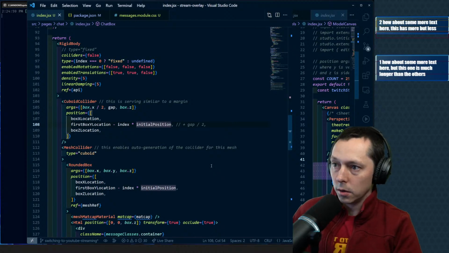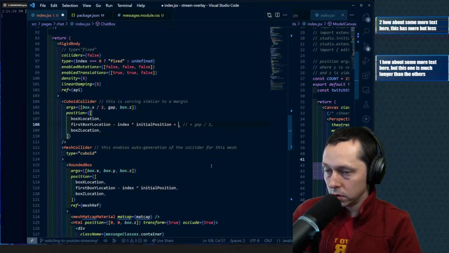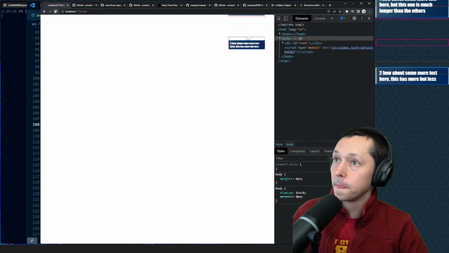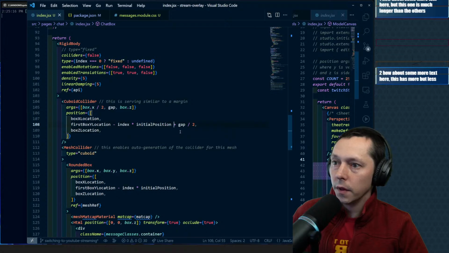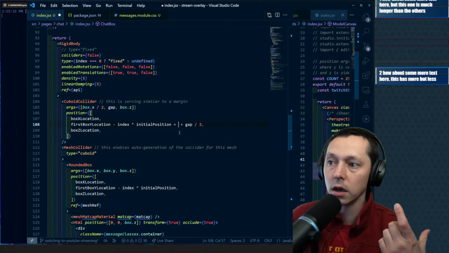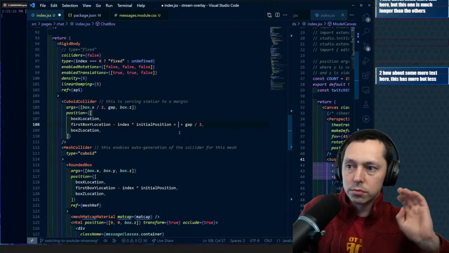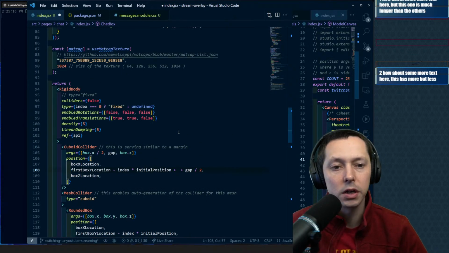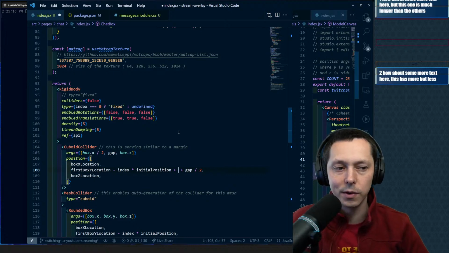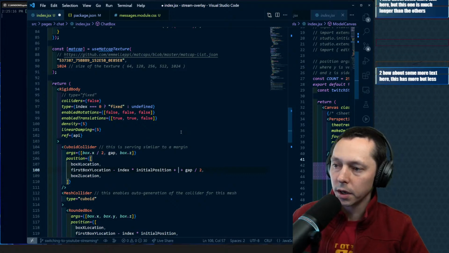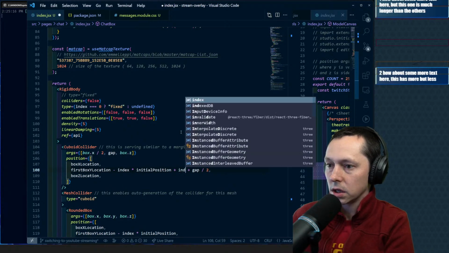So we need to do plus. I think this plus gap is good. Let's put that in there. That'll shift it up just a little bit. And then we also need to add in, we're doing index plus initial position. Initial position is like, we're just spreading them out and letting the physics handle that positioning for us, which is sort of in the same vein as CSS, just kind of a different way to think about it. So the initial position is bigger, but we do want to consider the index, and the index is going to be